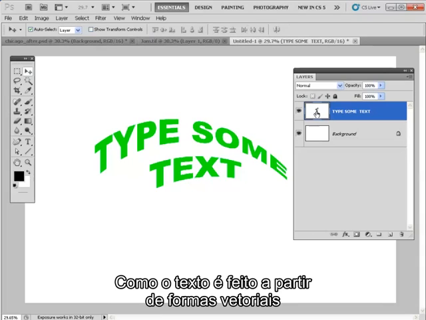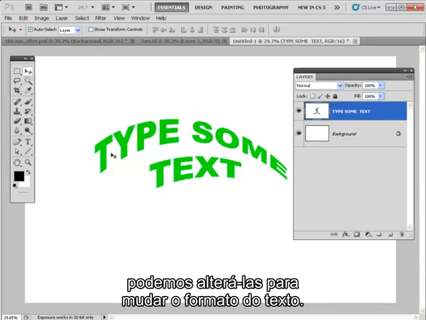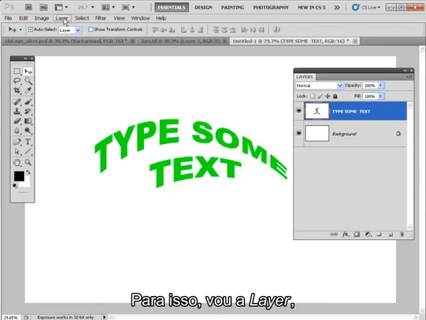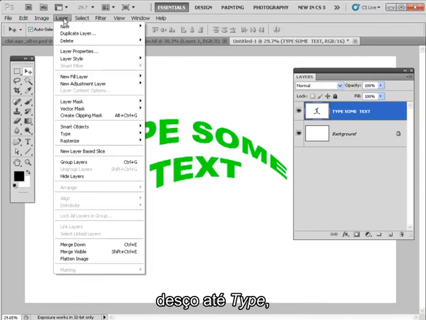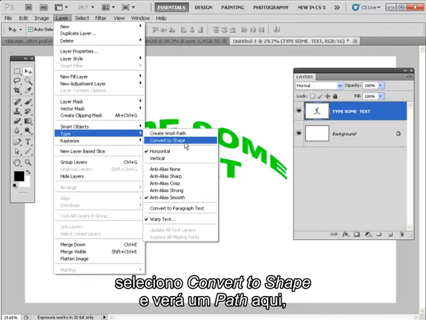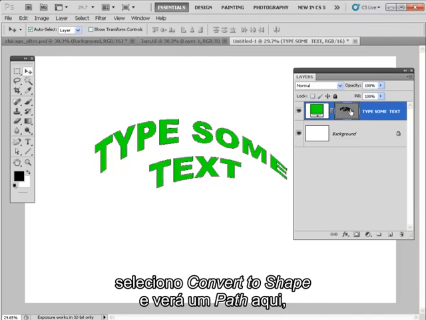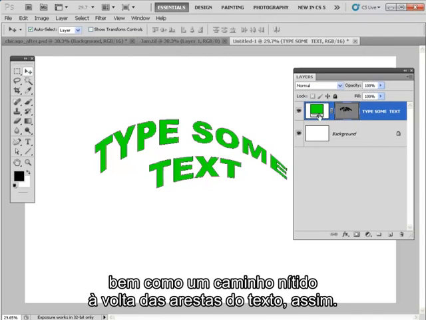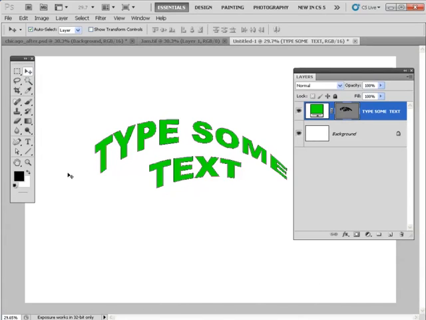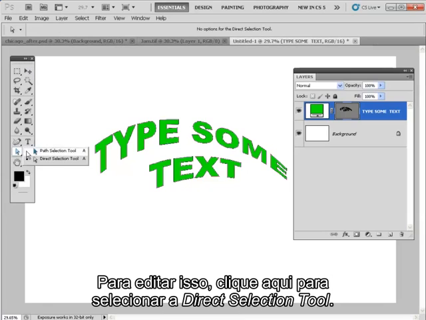Now the cool thing is, because the text is made up of vector-based shapes, we can modify these shapes to change the shape of the text. And to do that, let's go to Layer, let's go down to Type, and let's choose Convert to Shape, and you'll see a little path appear here, and you can also see a sharp path around the edge of the text like so. And all we need to do to edit that is to click here to grab the Direct Selection tool,